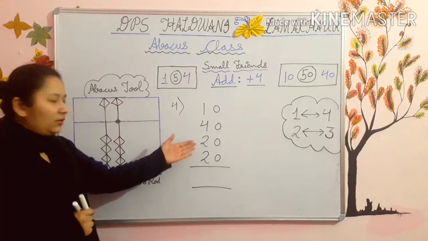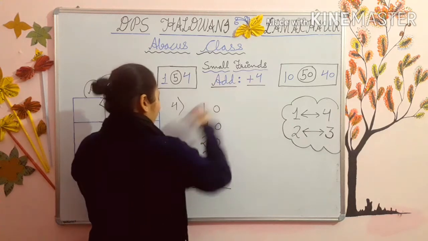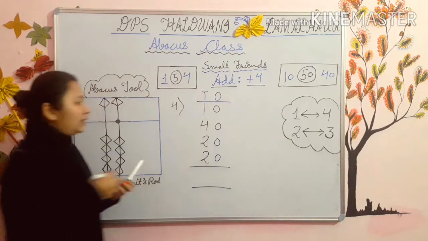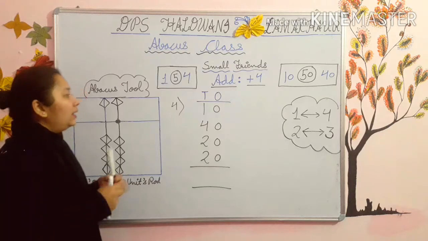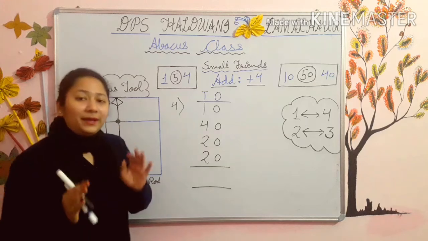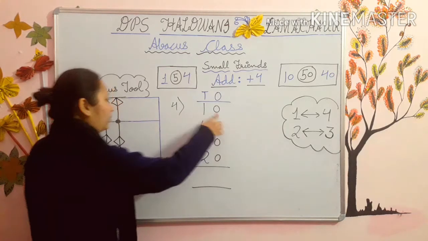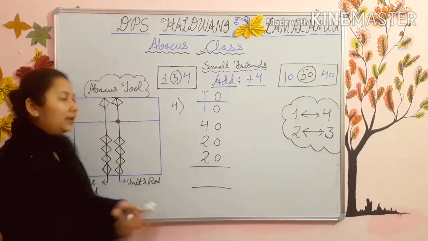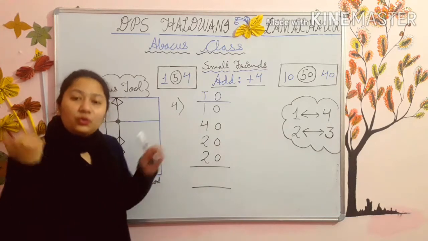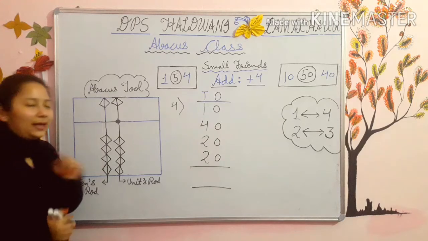Now kids, this is your fourth sum and the last sum. As you all know, this will go in ones rod and this will go in tens rod. Now kids, you can see that in your ones rod all are zeros. So you can put the sum directly on the tool. Means if you will add the 0 in ones rod, so 0 means nothing. Then here also you will add the 0 in ones rod, so 0 means nothing. So you can put these numbers directly in the tens rod, like I am doing.